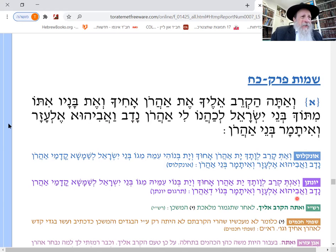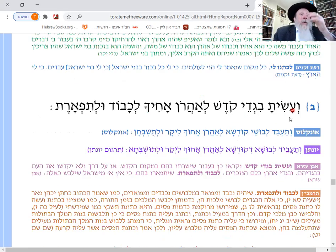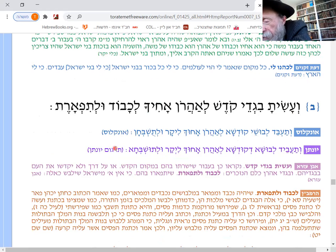Okay, so it says, now take to you after you finish the Malechas of Mishkan, after you finish building the Mishkan. So let's go quickly into these and we'll go into it in more detail next time. Vasita Bigdei Kodesh, you have to make holy garments for Aaron, your brother, l'kavod u'latiforet, for honor, for glory, and